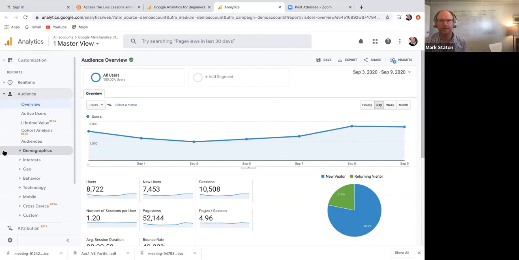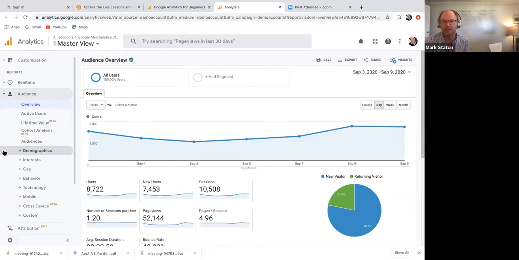You can learn their interests, where they're located, what type of behavior they have, and what technology they use. You can figure out, are they on Chrome versus Safari? Are they on mobile versus desktop? It's really good to break down your audience like this, because it allows you to figure out what's really going on.